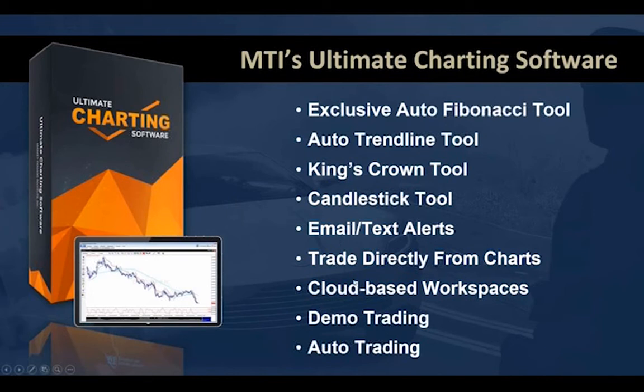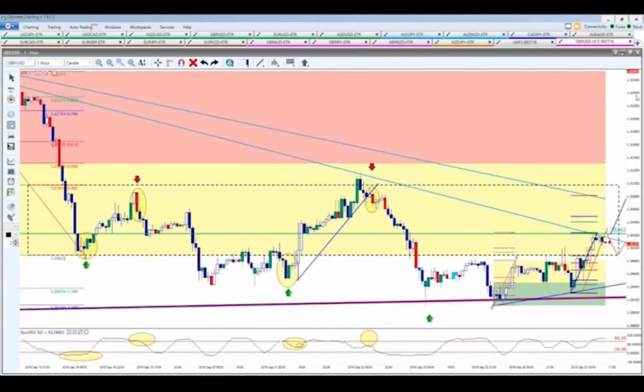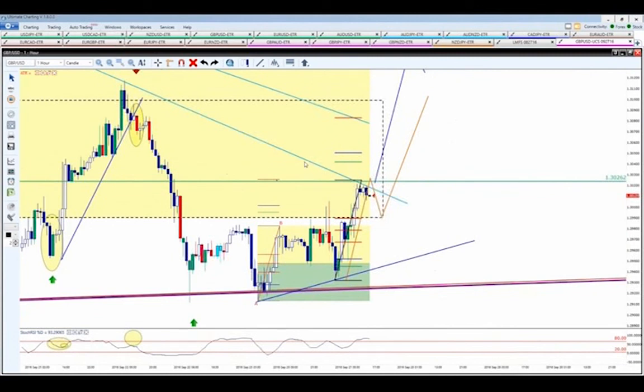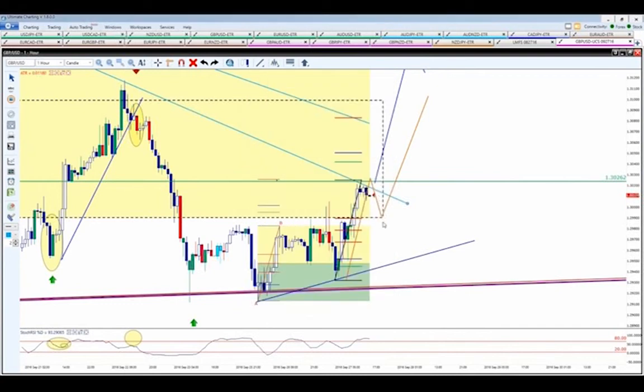Oh, here's another neat thing about this, my friends. Let me show you one more quick thing here before we move forward, and I'll send out that link. Let's go back here to my trade I was showing you. Here's another neat feature. Some of you say, well, do we have to be in front of our charts all the time watching the charts? I'm looking right now for the market to go above this trend line here. Remember, I'm looking for it to break above this trend line. I don't have to sit in front of my charts waiting for that, because I can come in here and set an alert. I can have this send me either an email or a text alert right to my phone, letting me know when the market does in fact break above there. So I don't have to be sitting in front of my charts waiting for this to creep across that trend line. It can send me an alert to do that.